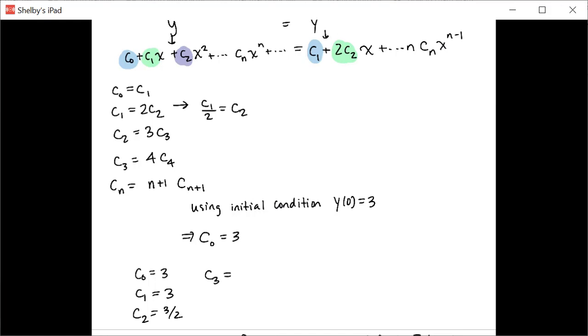C sub 3 equals 3 over c sub 2 over 3. So 3 over 2 over 3. So a half. And we see our pattern. Generalizing this, looks like we have C sub n is equal to